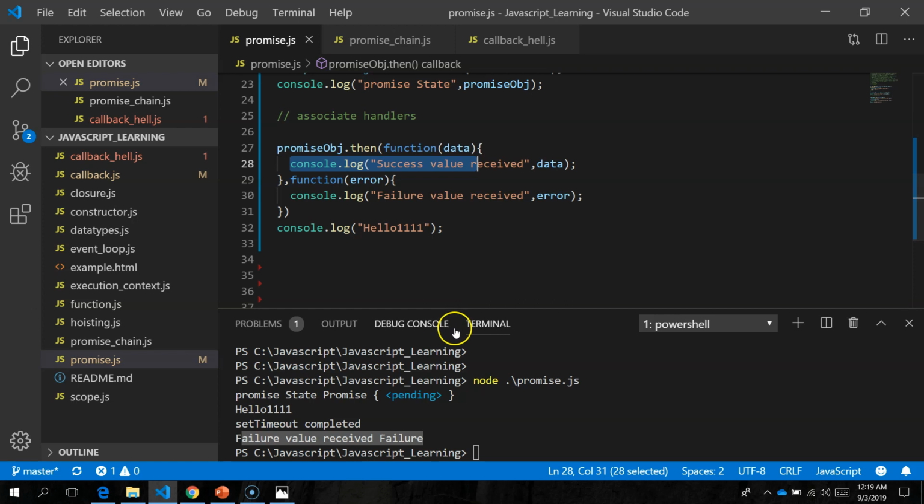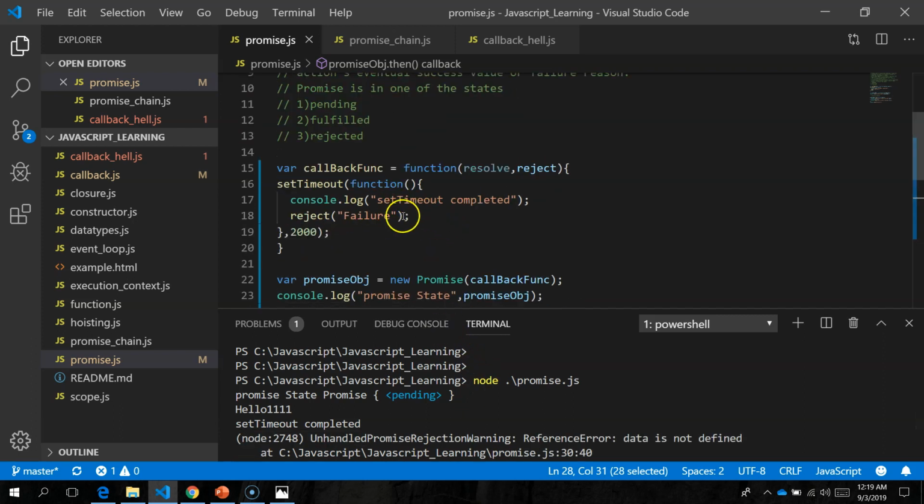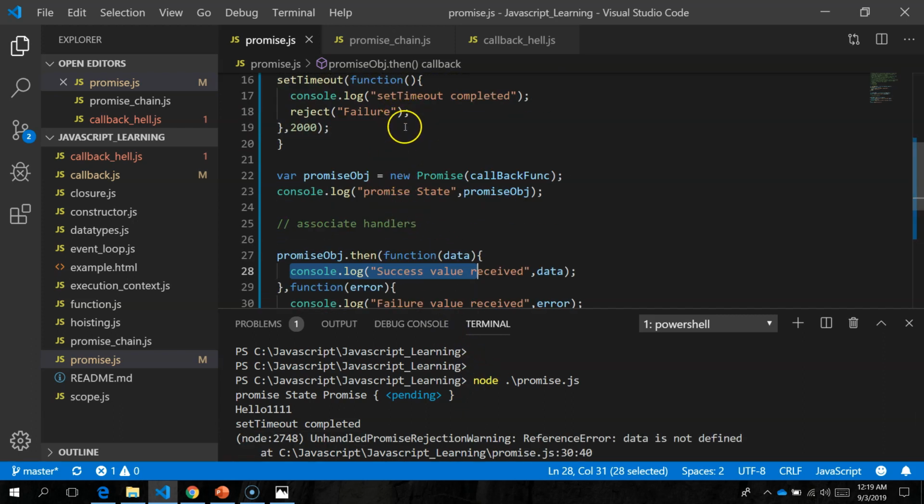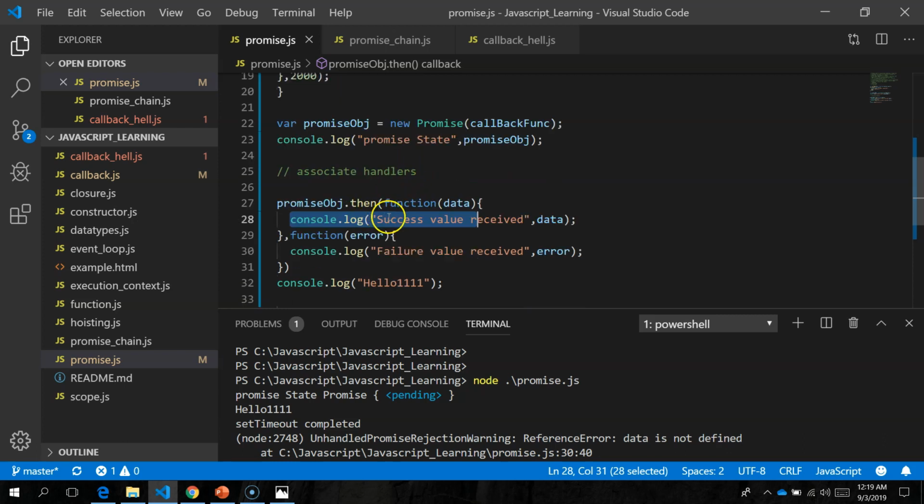Maybe if you think of it, if you have a username and password you're sending to the server, you can have the HTTP call here. If it is a success, the username and password are correct, you can make it log in and move to the home page. If it is a failure, you can say that the user is not authenticated. You can set that error in the login page in the failure. Okay, hope you understood.